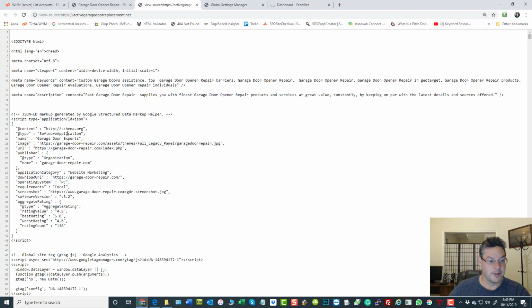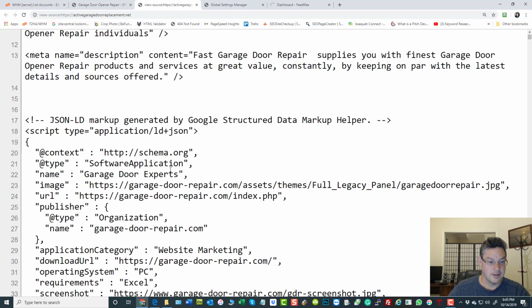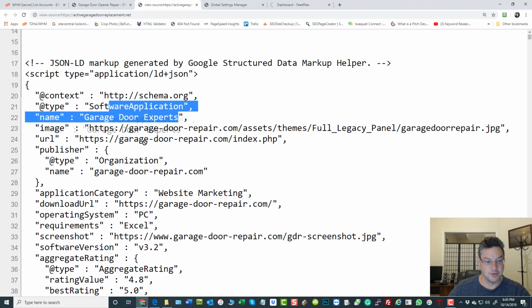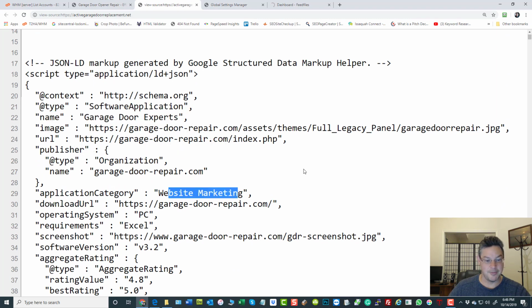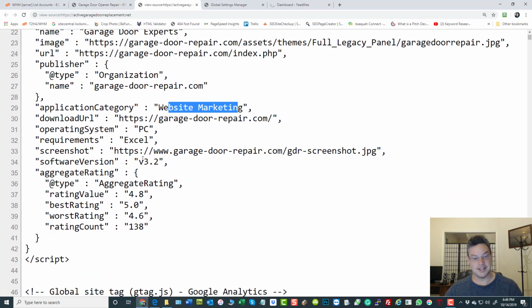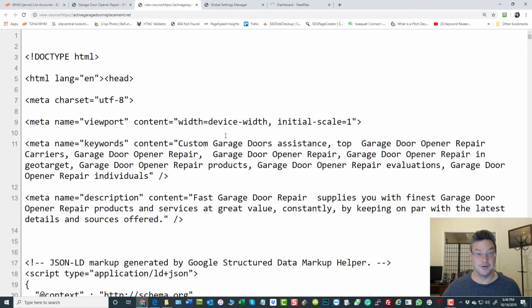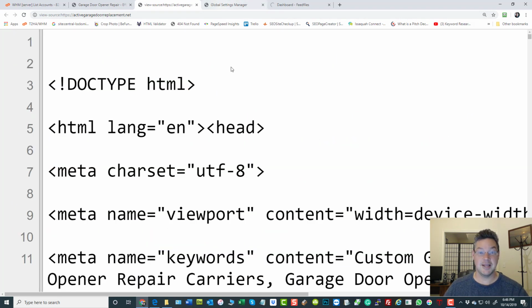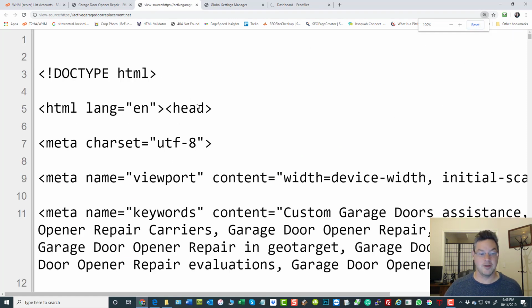It's saying software application, but then it's saying garage door experts, garage door this and that and the other, but then it's saying website marketing and stuff about Excel, but stuff about garage door too. Okay, so sure enough, I am literally updating schema on thousands of pages at once,